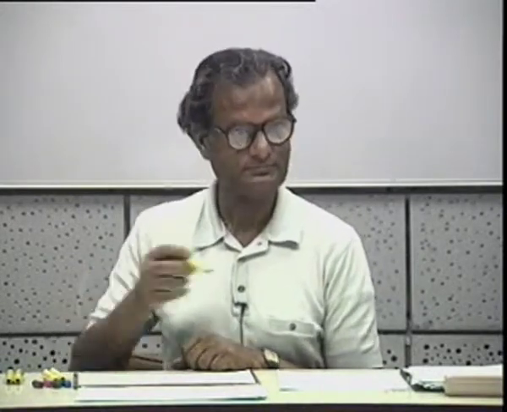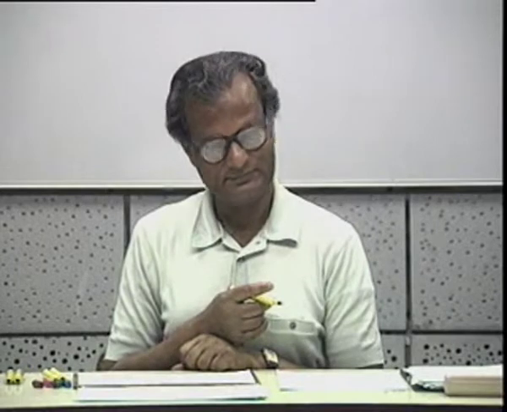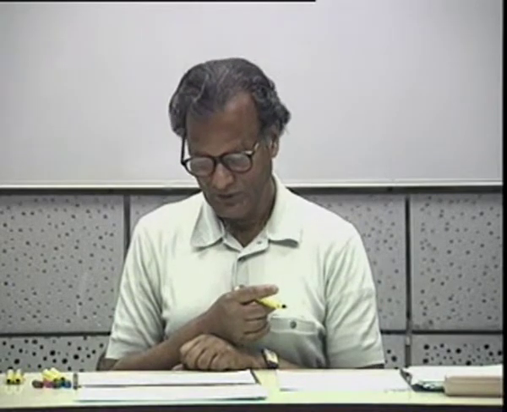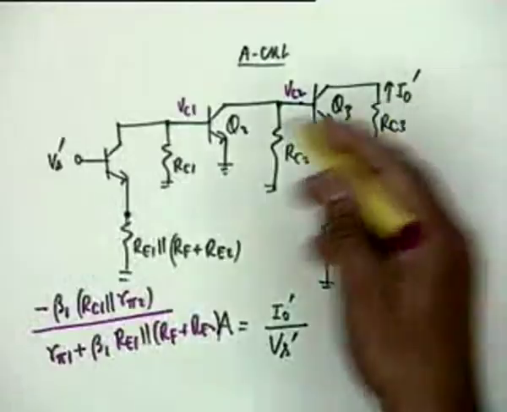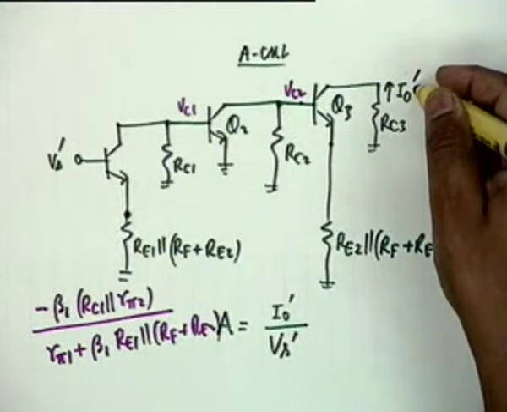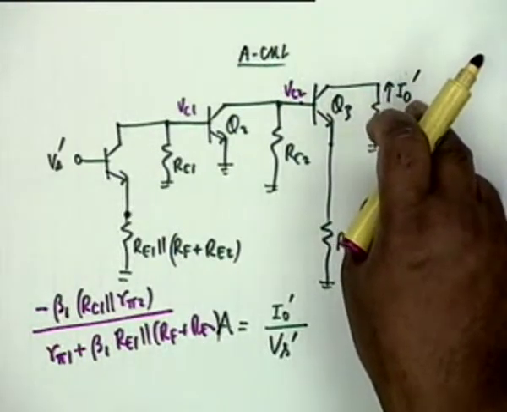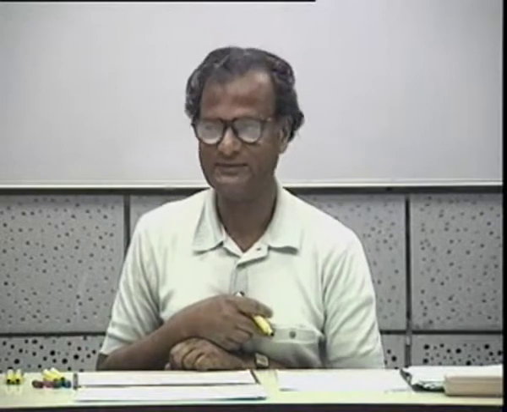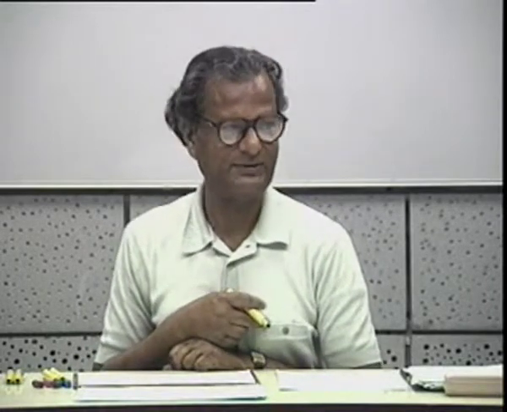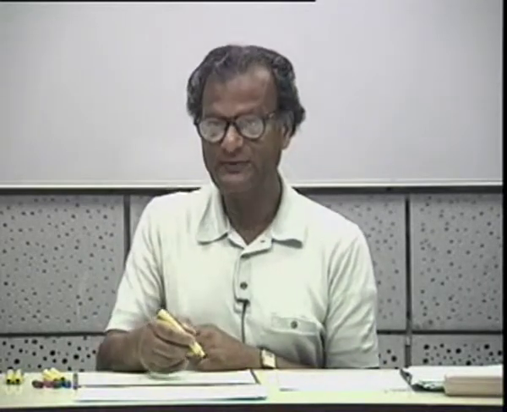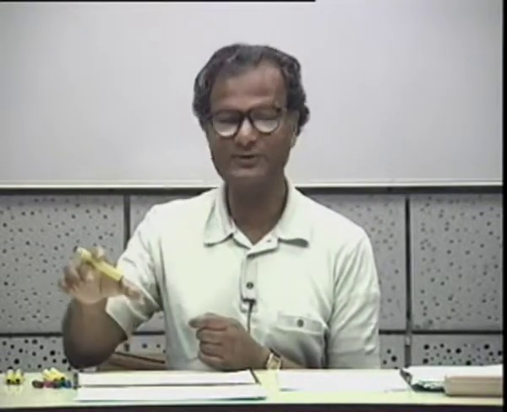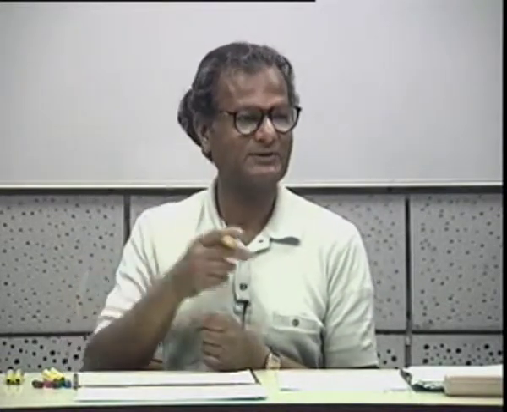One question. I have to place Vs by Vs prime in this circuit. Oh, this is simply to keep conformity. I put it I0 prime. This is not the actual current, and therefore I put it here. I don't have to. But in general, if you had a current source, for example, at the input, then you had to convert it to a voltage source, and that voltage source you will call it Vs prime, not Vs.